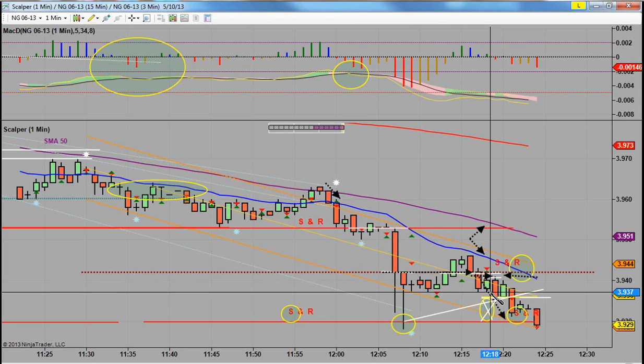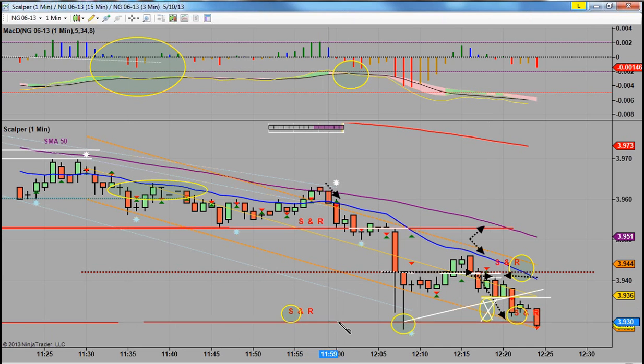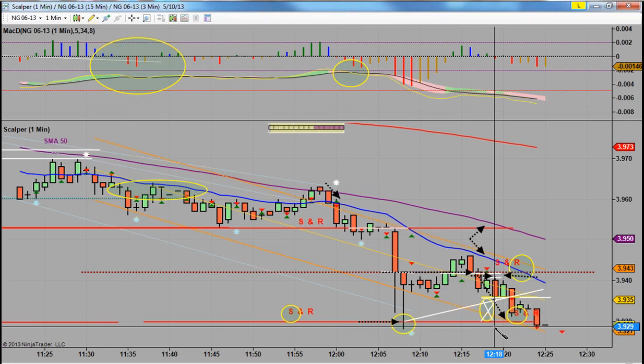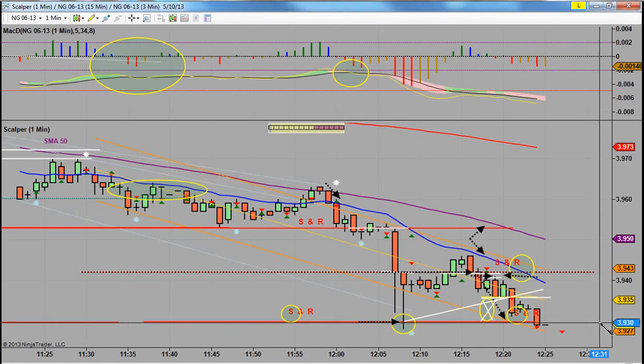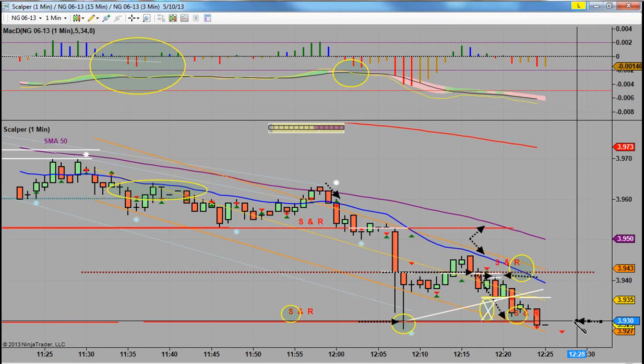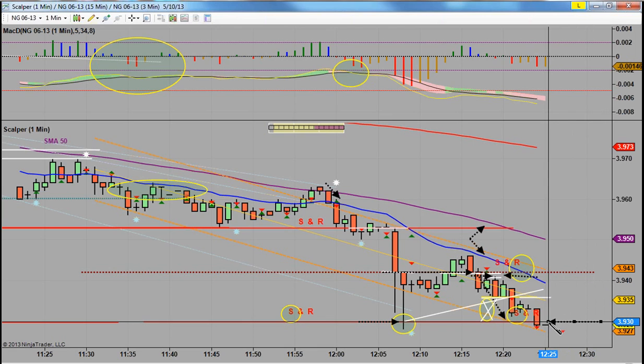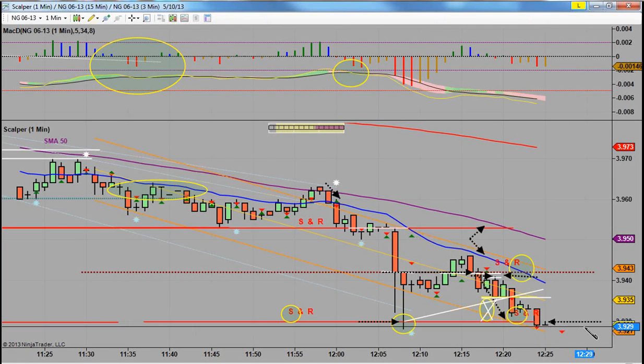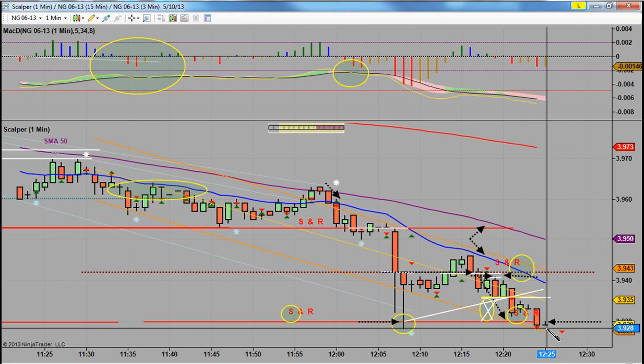So same thing in mind, that what we had here is support. Now what we want to see is it become resistance, and we can head to our next target, short. Now they may frig around here a little bit,